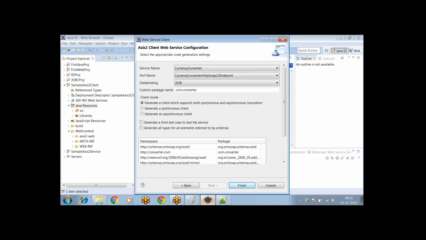I guess you heard this term, data binding. Come on. Data binding means